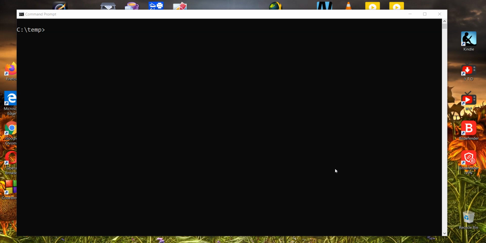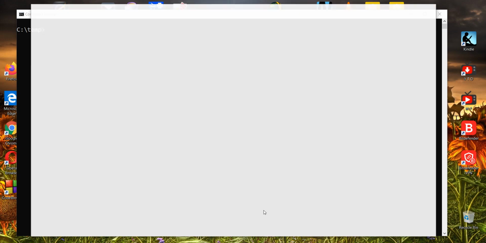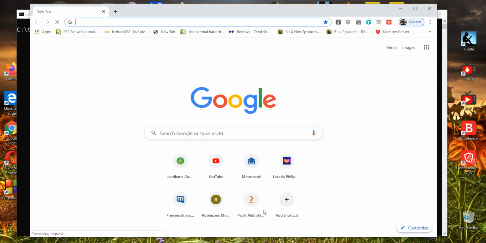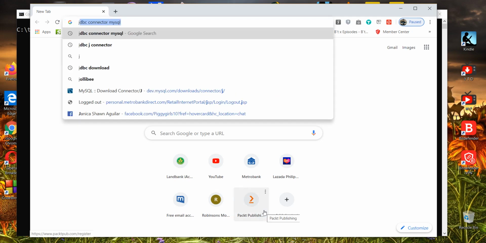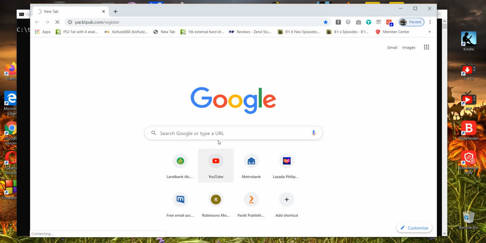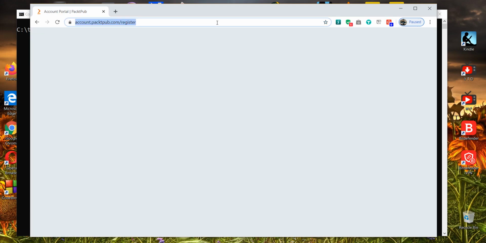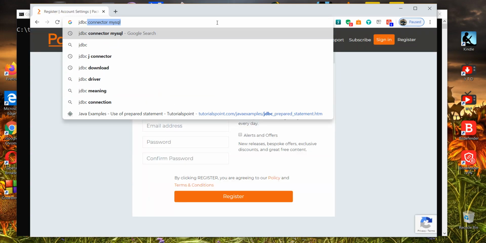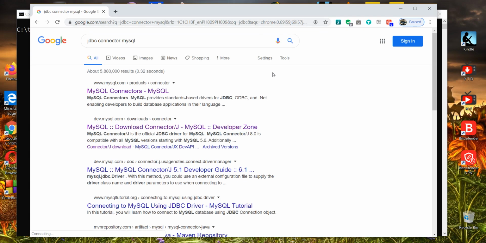Okay, so all the commands or all the statements that you use in MySQL will run in MariaDB. So let us just take a quick look on how to download the JDBC connector. So you can just Google it, this one, right? JDBC connector MySQL. Okay, and then we can click on the